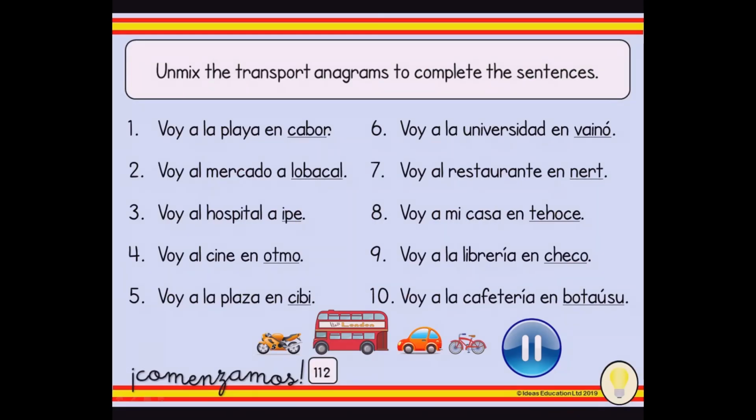So here are some sentences which all have the transports in. They are the underlined bits, but strangely, they don't look like the forms of transport that you have just written down because they are anagrams. They are all mixed up. What you need to do, pause the video, copy out the sentence, but when you get to the underlined bit, you need to work out which transport word it is, unmix it to spell it correctly. All 10 of them are there. Make sure you get accents on in the right place where they need to be. So pause the video, copy down the sentence, unmix the transport word, and then press play when you want to see the answers.